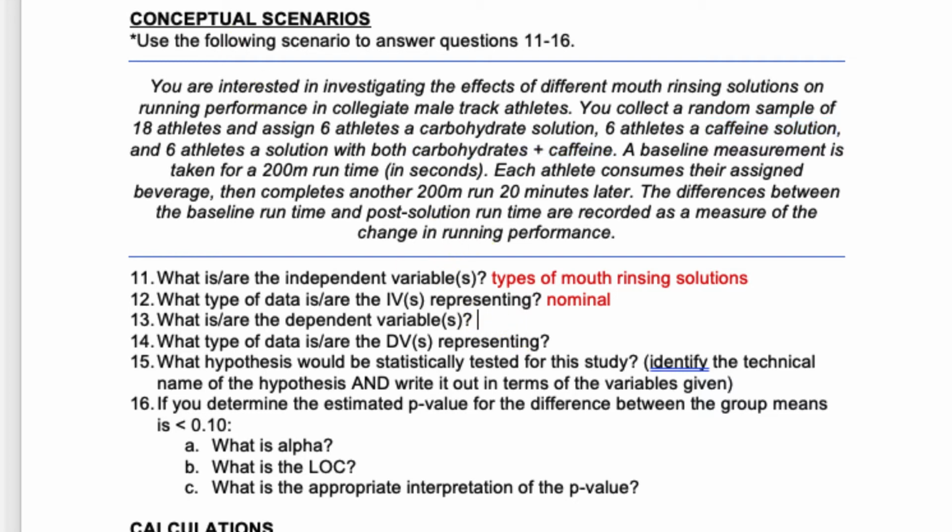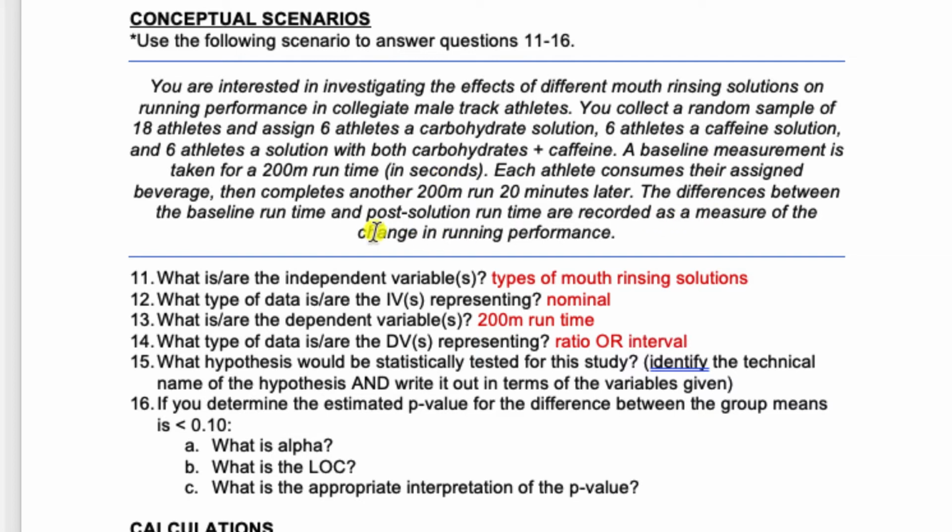The dependent variable is what we are actually measuring. So this would be the 200-meter runtime, or runtime also works. The type of data these represent would be ratio. Well, I would actually accept 2 answers for this question. So if you put ratio in reference to the time being collected in seconds, we do have a 0 starting point for time. We could also classify this as interval data, though,